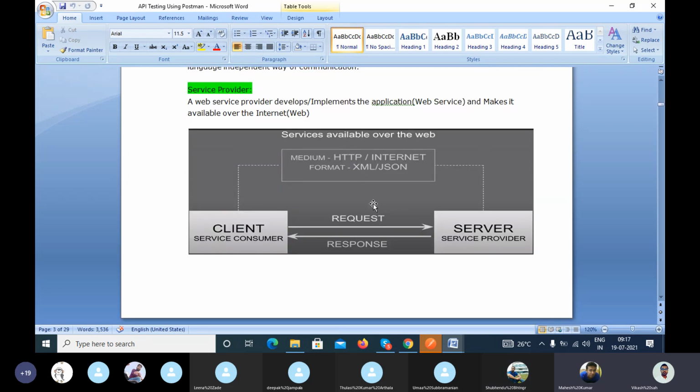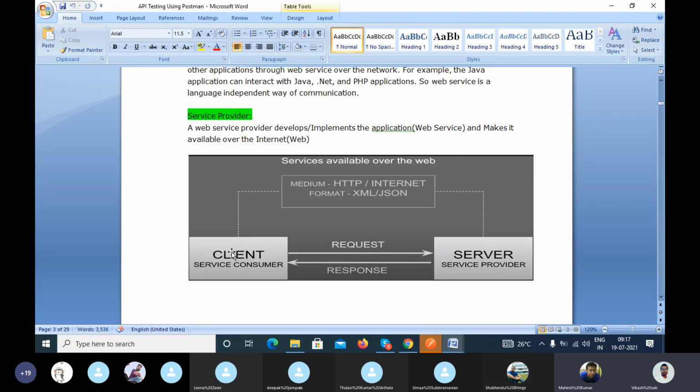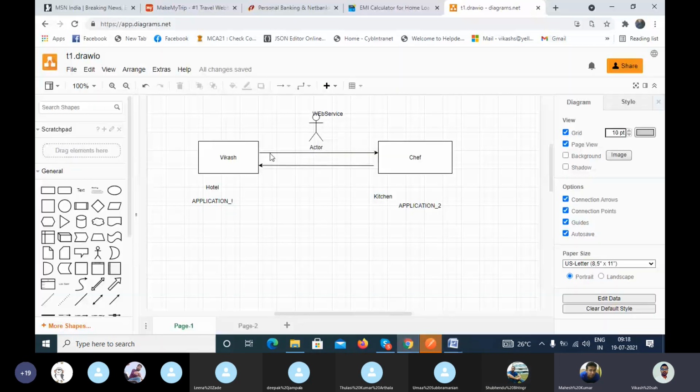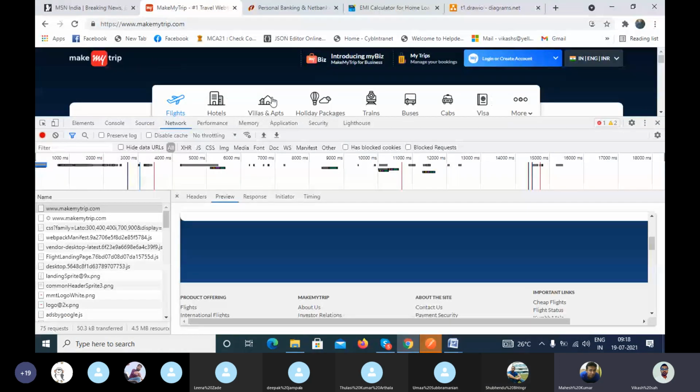Now, guys, come to here. Who is the client here? The client is Make My Trip. Make My Trip sends the request to its server. When